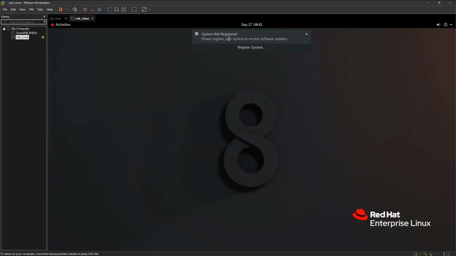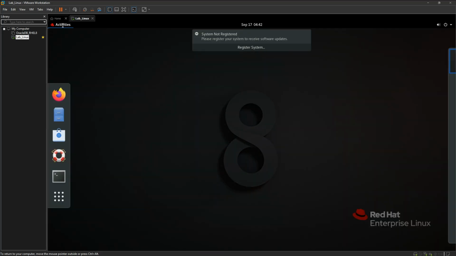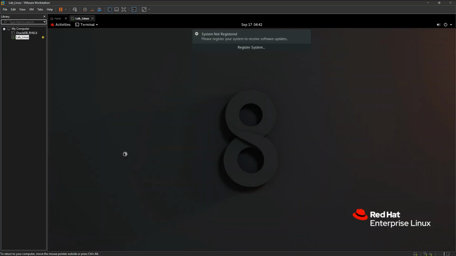I will work it out on this system. I'll let you know how to enable an IP and get your host internet. It's the same for the next virtual machine also. For now, I'll show you